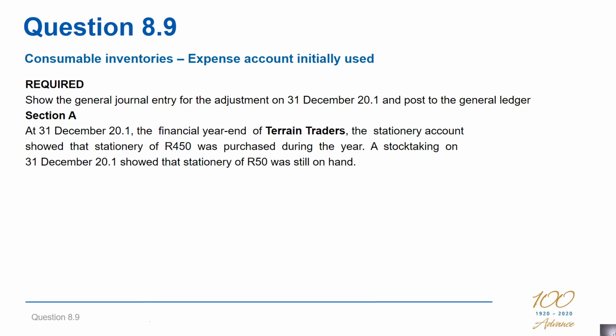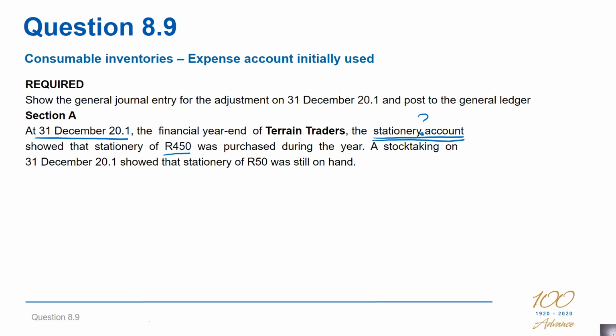In our next question, question 8.9, we again need to do a general journal entry and posting to the general ledger, but I'm going to focus on the general ledger first of all. At the 31st of December 20.1, again the financial year end, this stationery account, and just to read very carefully, it's only stationery. There's nothing after stationery. That will become important a little bit later. The stationery account showed stationery of